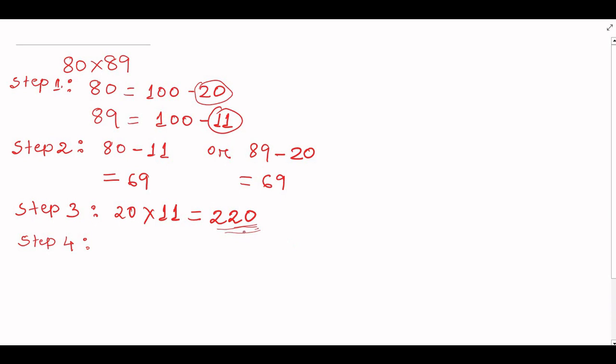answer. Okay, in the final answer, what do we have to take? We have to take the last 2 digits. So now we are taking this 20 as the last 2 digits, and before this 20 we have to write the value we got in step 2. Now here 69 is there, but from step 3, whatever is left, this 2 left, this 2 we have to add with this 69, then how much will we get?